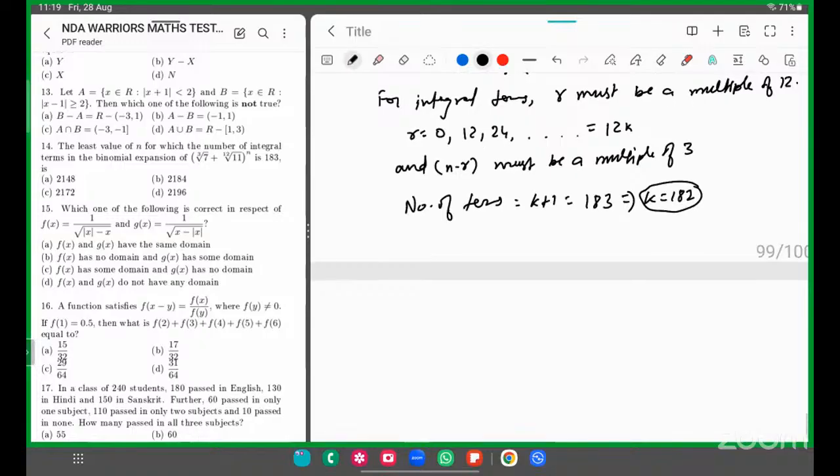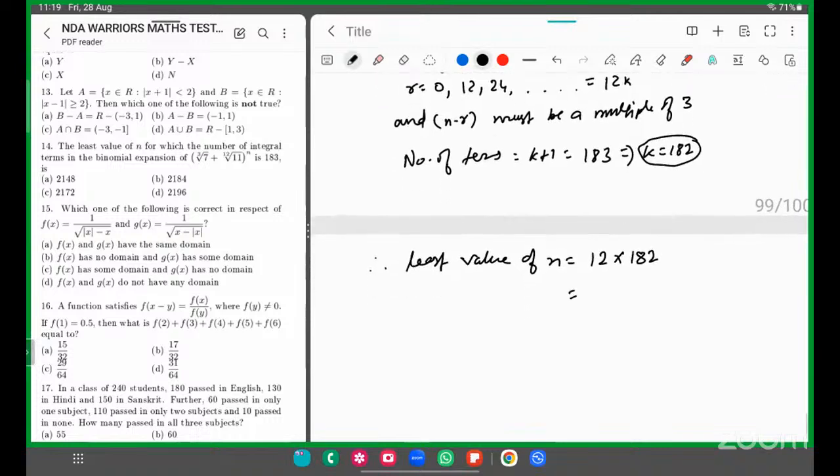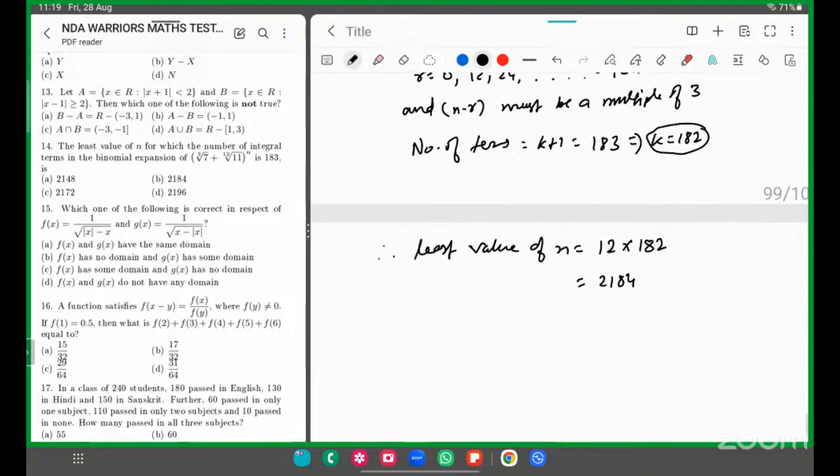183, k का वैल्यू हमारा 182 है, यहाँ तक तो ठीक है। Now, therefore n का जो वैल्यू होगा, least value of n is written as 12 का मल्टीपल चाहिए ना, 12 इंटू 182, इसको मल्टीप्लाई करके देखो कितना आ रहा है, it will be equal to 2184। तो बस फिर यही आंसर है, 2184, that is option number B पे टिक करो।